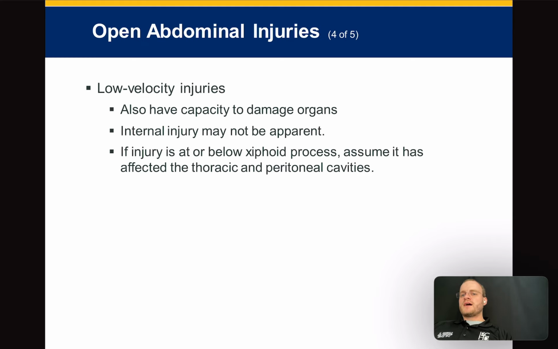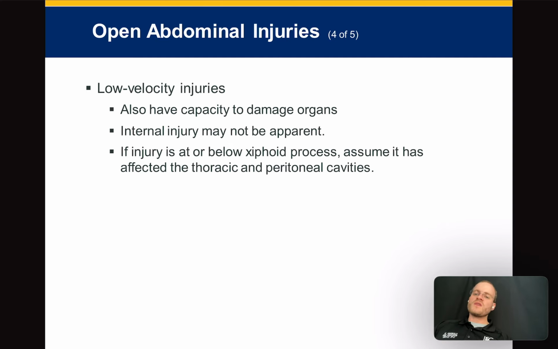And so the low velocity injuries, these are going to be like stab wounds, also have capacity to damage the organs. Very obviously, if you get stabbed with a 12-inch butcher knife, right, it's going to damage the internal organs. Internal injury may not be apparent. So what does that mean, right? You may just see a little bit of a stab wound externally, but you slice through their colon and inferior mesenteric artery, right, and they are bleeding to death in their abdomen. But all you see is just a clean little surgical looking cut. And so these can be